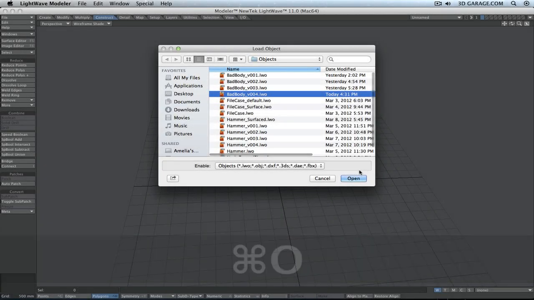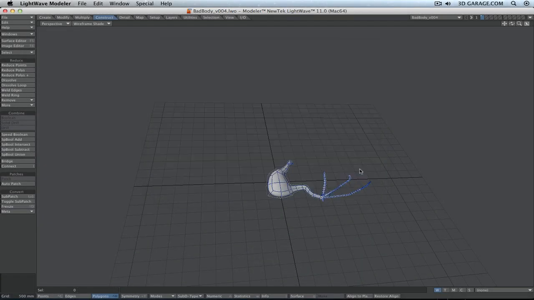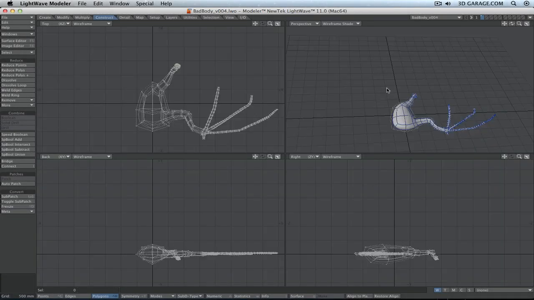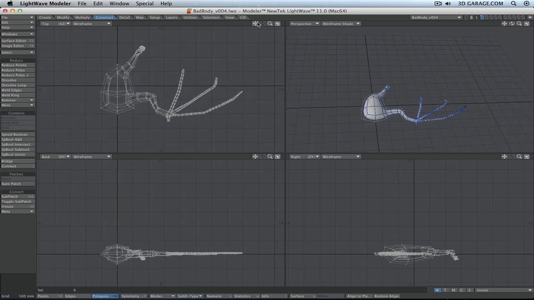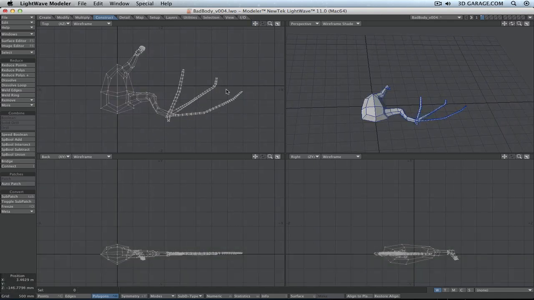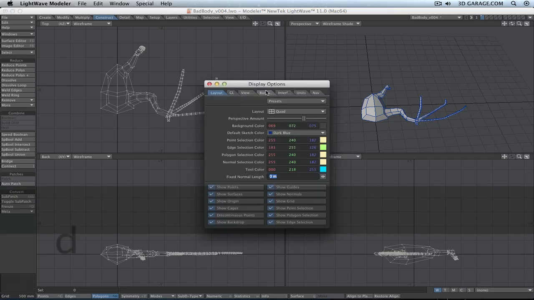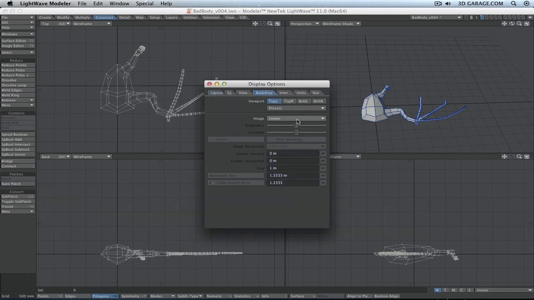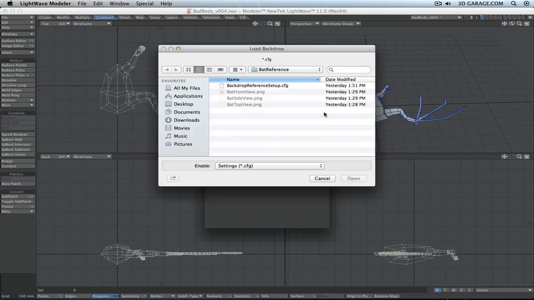I'm working with Bat4 right now. We left off with Bat3. Bat4 is saved because I had just gone ahead after the last video and extended out, based on that background image, these little bone structures. That's all. I'll press the D key, go to Backdrop, and for the top left, under Presets, Load Preset, here's